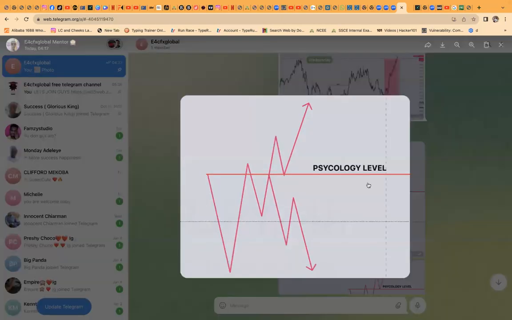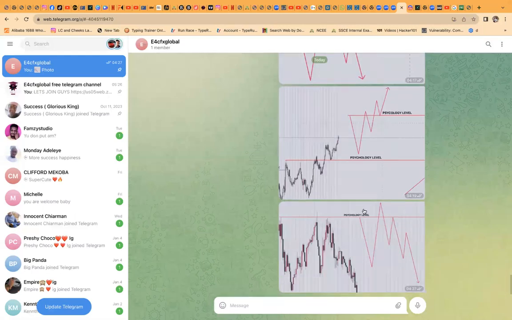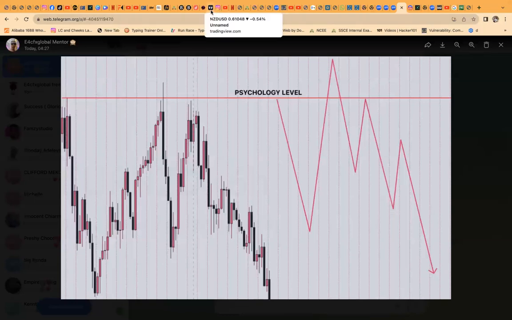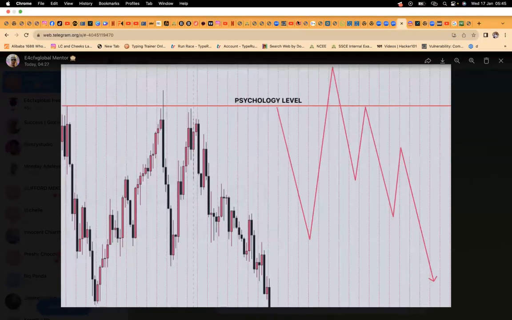Hello, boss, can you hear me? Yeah, we all can hear you. Good afternoon, sir. My question is, the psychological levels you're marking out, can I call it an order block, or sorry, a breaker block? Yeah, I mentioned that already. That is an order block that was swept as liquidity, hence it is later hidden. So it's a breaker block. It's hidden, but it's an OB.